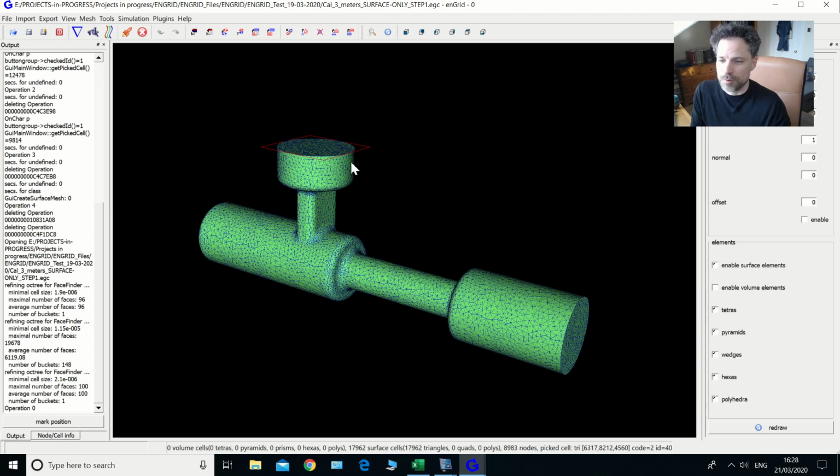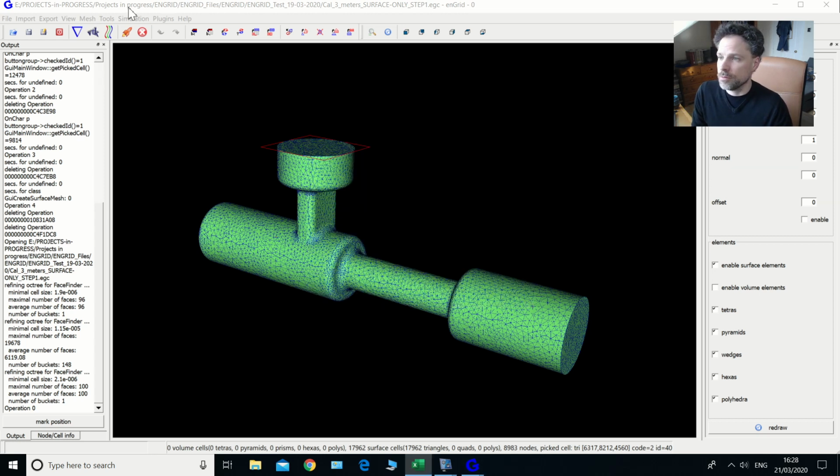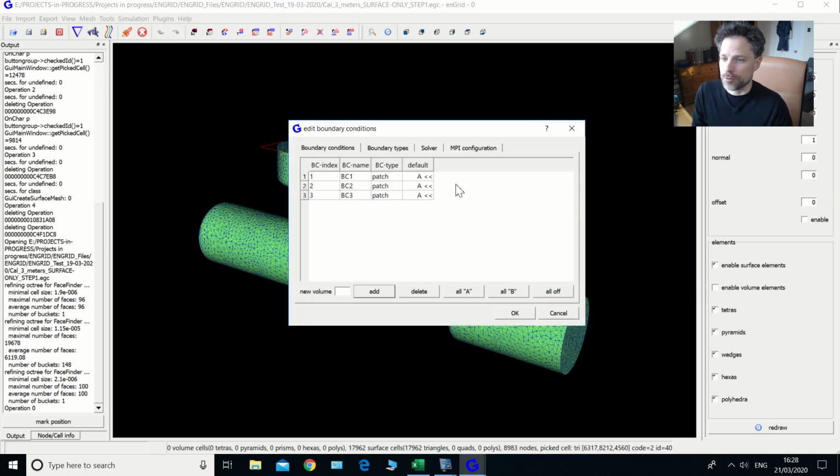So I would then save this now, and I would save that as step 1, the surface mesh only. So we're going to pretend I've done that now. So the next thing we need to do is basically set up the boundary conditions. So I'm going to go Simulation, Edit Boundary Conditions, and so it's worth making a note of which